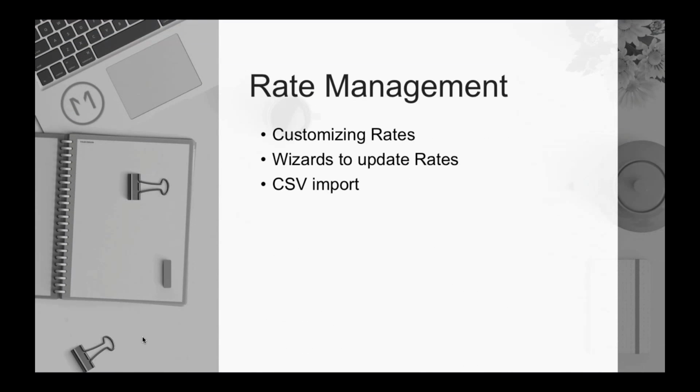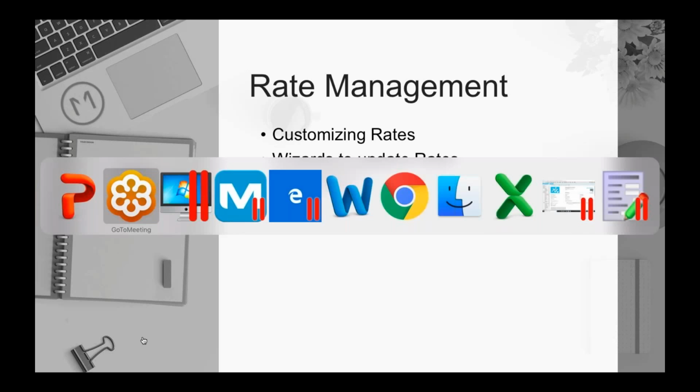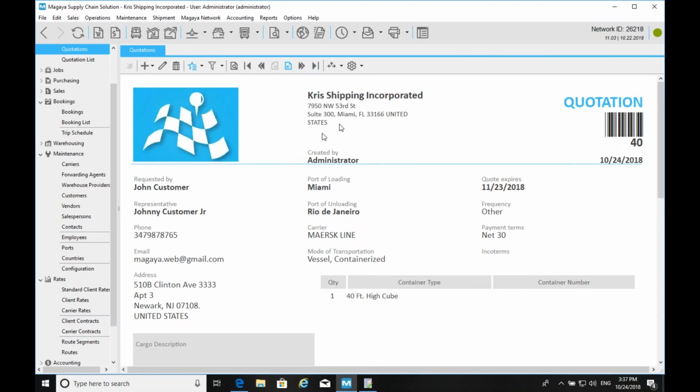Rate management. So this is a big one. This is probably the hurdle for most of you who have at some point considered using rates in Magaya but haven't taken the leap. It's like, how do I manage this rate table of thousands of records? How do I make the rates more flexible? Because even though we provide many fields there might be special cases, etc., etc. So let's start with how you can customize your rates. So this applies to rates and tariffs actually similarly in Magaya.